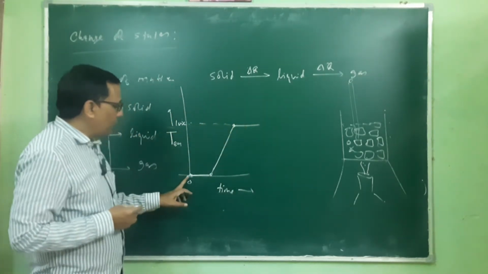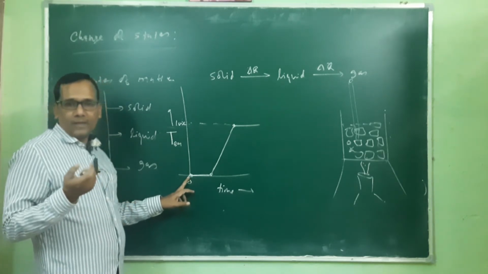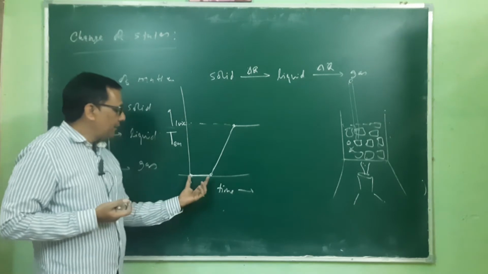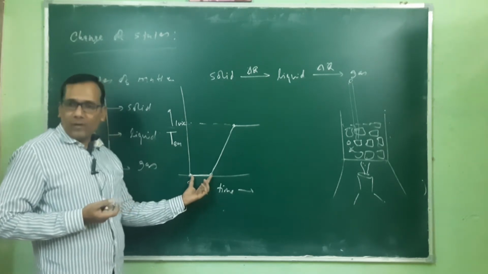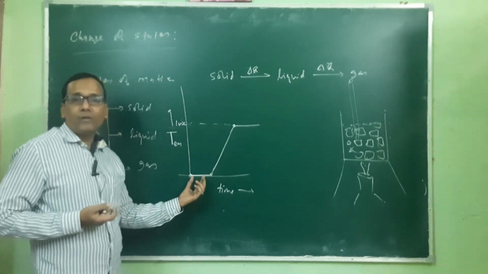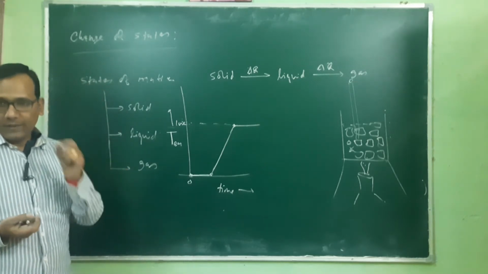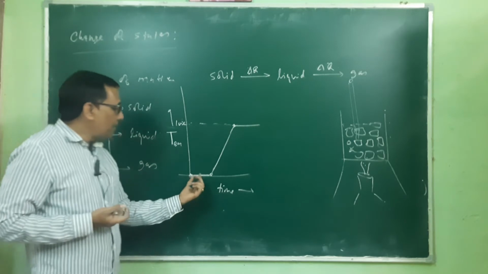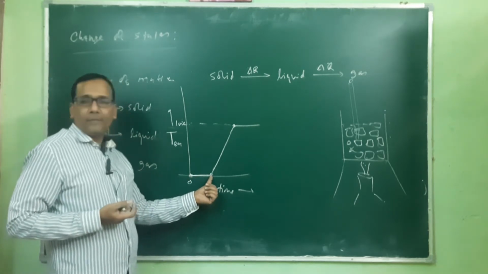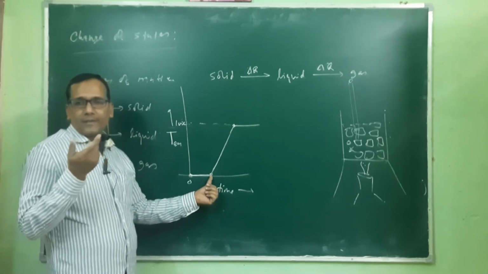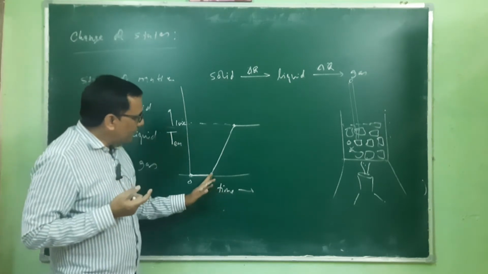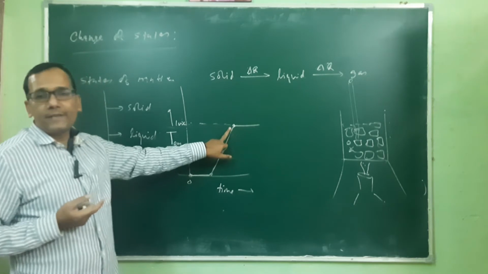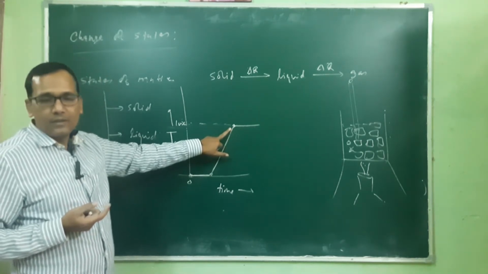So at 0 degrees centigrade, the ice is in solid form. When we give heat energy, it converts into liquid form, but the temperature of that liquid will still be 0 degrees centigrade if a small piece of ice remains in the system. When the complete ice is melted, the temperature starts increasing, up to 100 degrees centigrade, which is the boiling point of water.